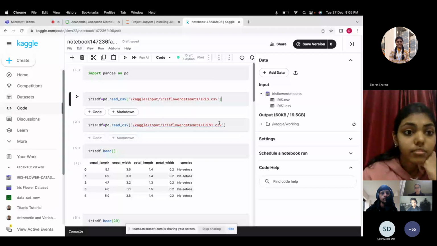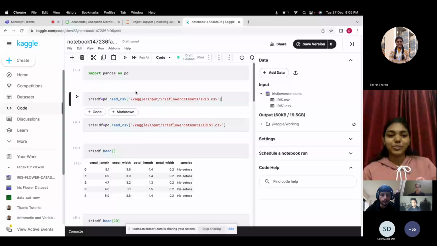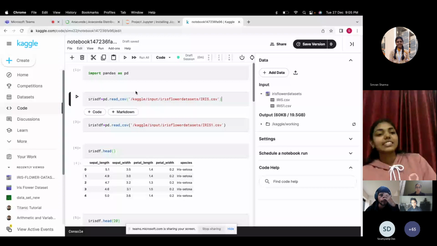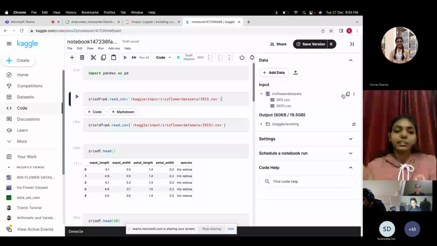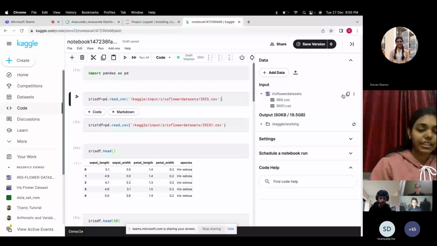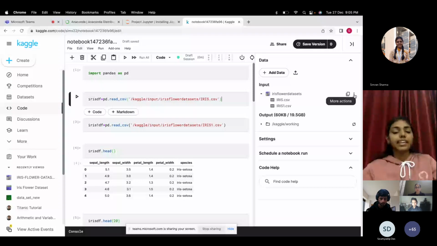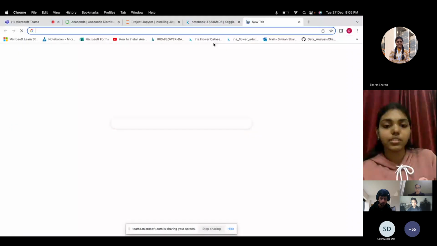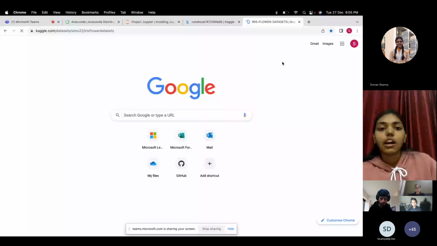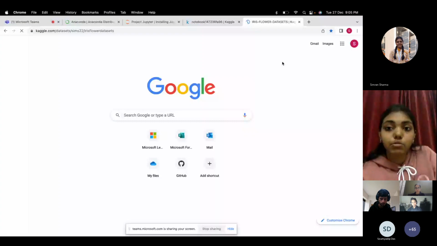And do I have to write the full location of the Kaggle input iris flower data set? Yes. See, I'll tell you why you have to do that. Over here, you have actually taken the data set from some place, right? Now, I've given you the link for the data set. You might create it in that, like, what was the page? I'll just open it. This one. Yeah. So now, for example, if I press new notebook here,